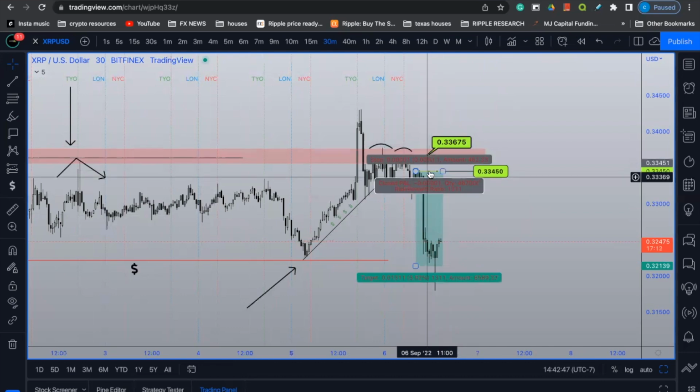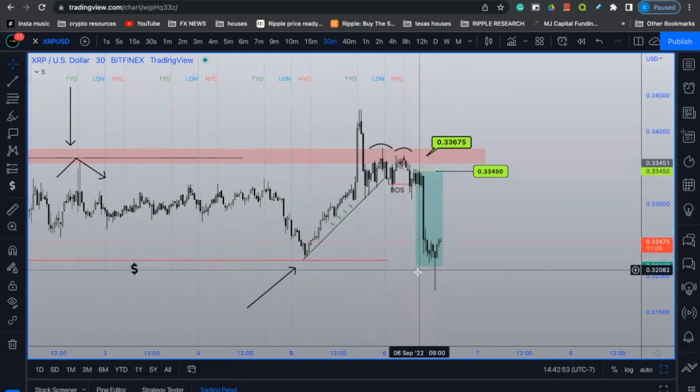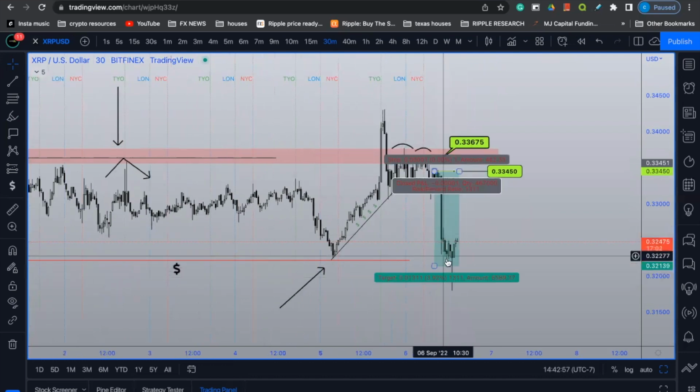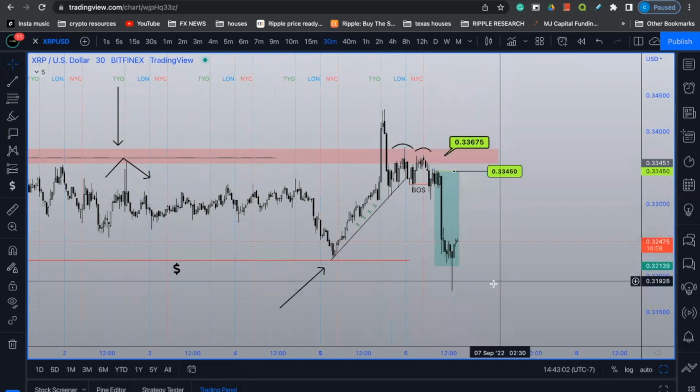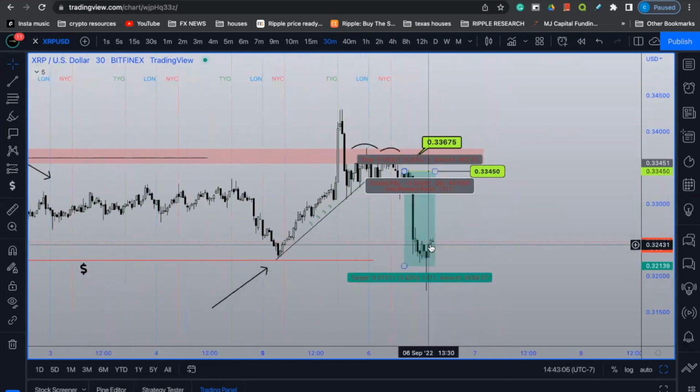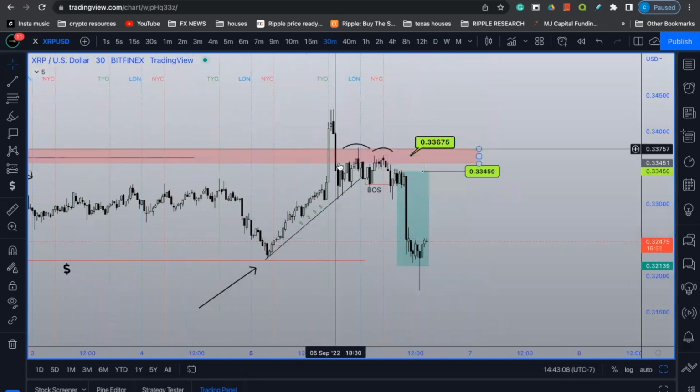I'd also like to mention that my stops are moved to break even on this trade, and I've taken partials, roughly about 80% off the table, and the other remaining 20% is still running, hopefully to see if price can pull back up, fill in this imbalance, and then make another leg down. We will be monitoring this price action into Asia session today. With that being said, let's jump into the fractal and higher time frame confluences.